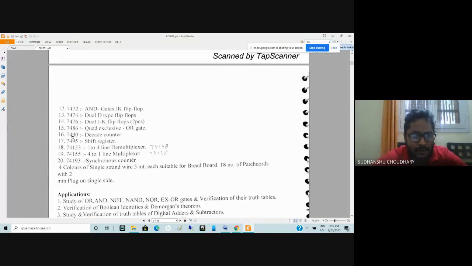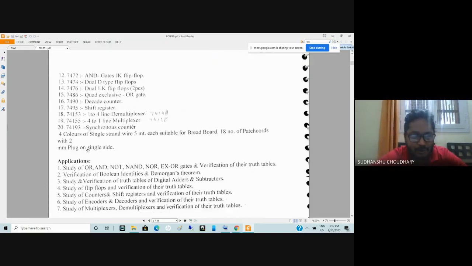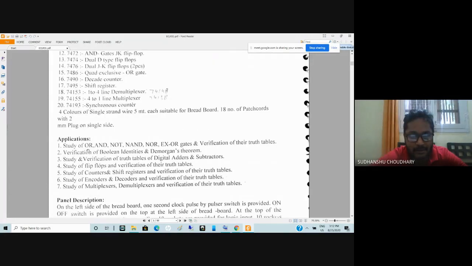Then you have a decade counter IC, a shift register IC, a 1 to 4 line demultiplexer, or a 4 to 1 line multiplexer IC, and also a synchronous counter IC. Instead of using the synchronous counter IC, we would like you to utilize either 7472 or 7474 to implement a counter. You will come to know that when you do experiments in the lab.